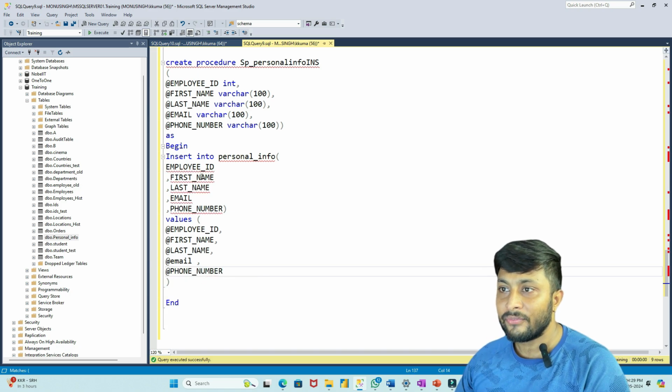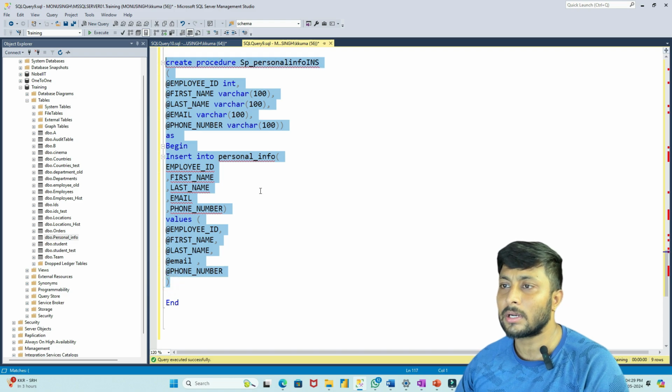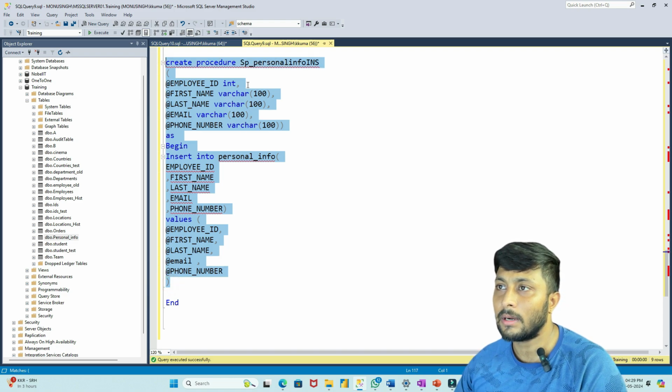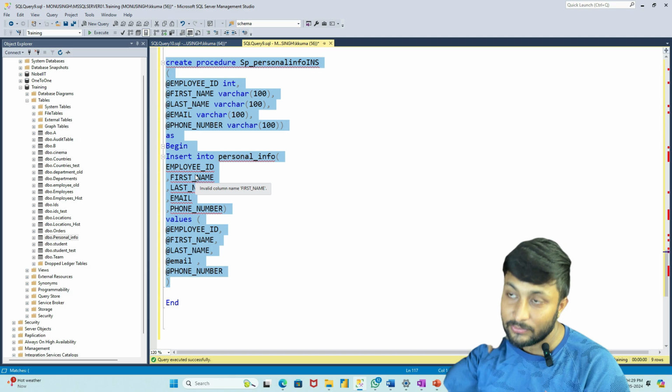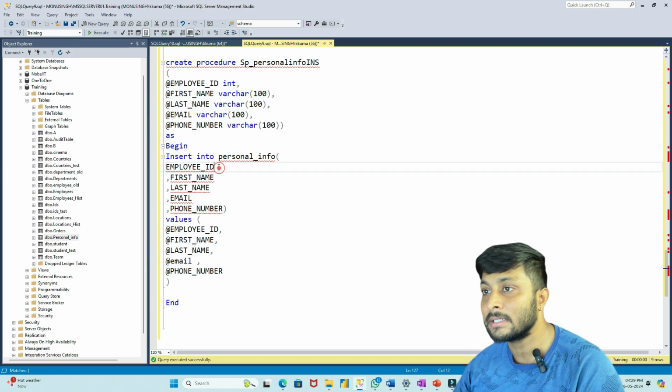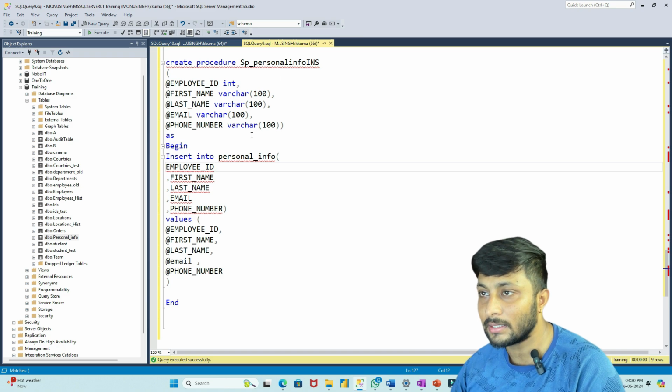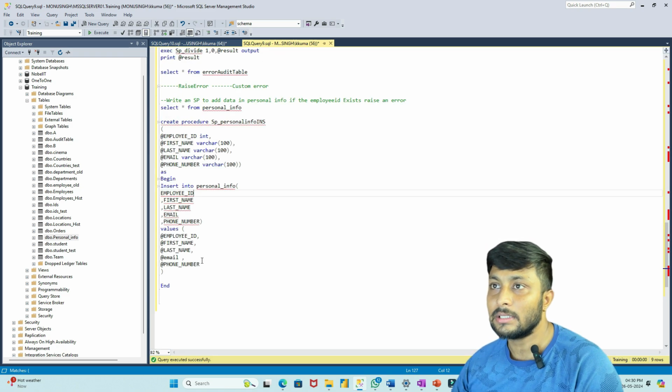And see, if we also want to check, if I run this, it will run whatever command, whatever data I give, it will insert it. But according to my requirement, if this particular employee ID exists in this particular personal info table, it should fail. Correct? This is what we want. So let's try to